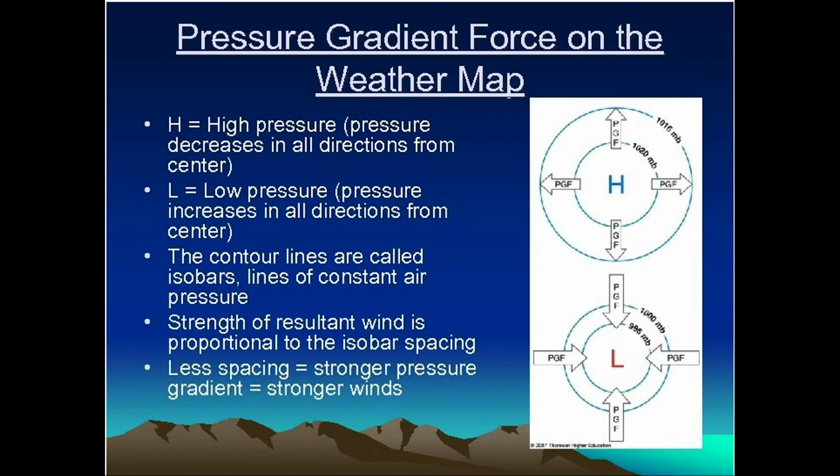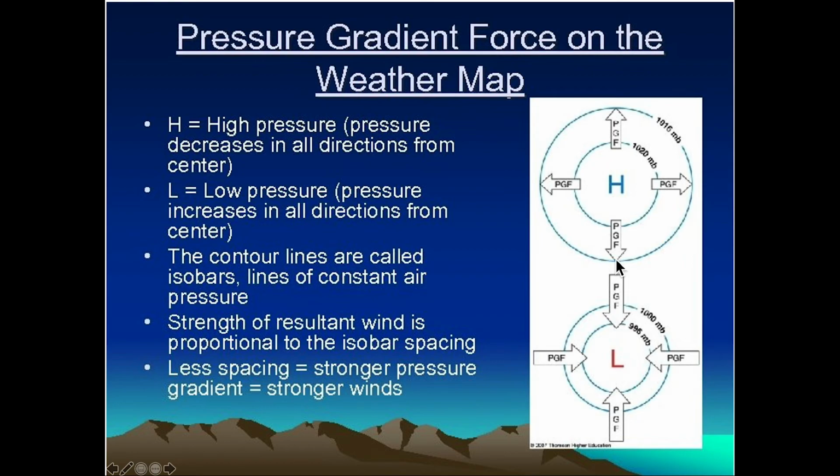And when we look at a weather map, one of the things that may not usually get your attention, hopefully it will from now on, are the H's and the L's. H stands for a high pressure cell. In this case, the pressure is going to decrease in all directions from the center. The highest pressure is right here where the H is. If you move away, the pressure gradient force is going to be reduced. The further away you get, the further the reduction. Air is always going to move away from the H in every direction.